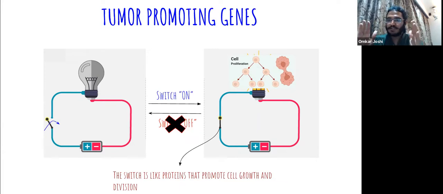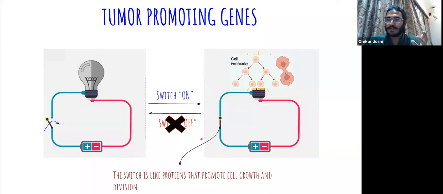So these proteins have a switch. They can be turned on and they can be turned off. For example, there's a protein and there is something that you add on to that protein, the protein becomes active. You remove that molecule, the protein becomes inactive. Now I tell you that there is a protein which you activate and you cannot deactivate it, which means that it will keep signaling.